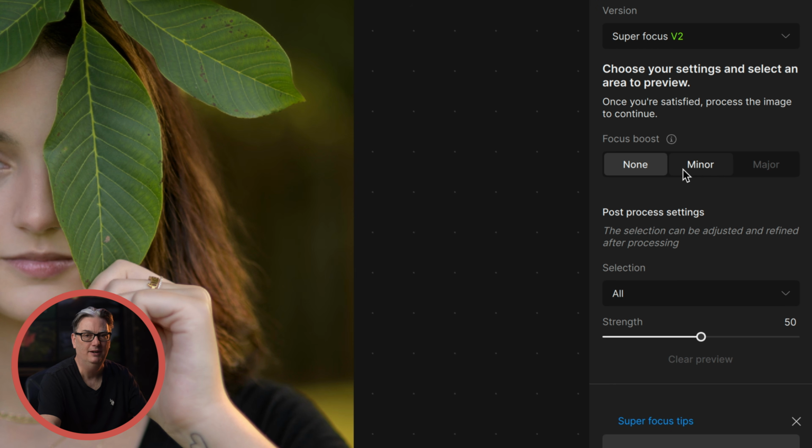So minor adds a light focus boost, and it does so in a more controlled way compared to major. Think of major like a rescue mode for super out of focus images. This model is very aggressive in reconstructing your image in order to recover serious blur or even motion softness. So if you have an extremely soft image, you might want to consider this setting before tossing the file and